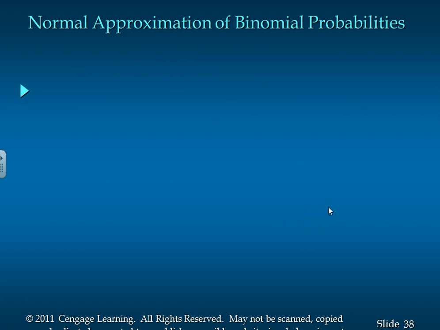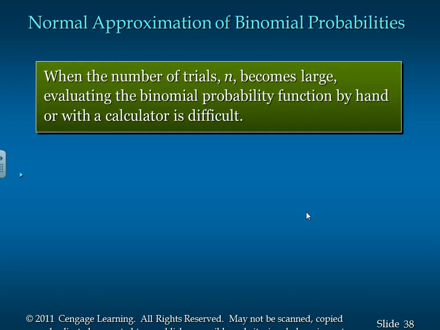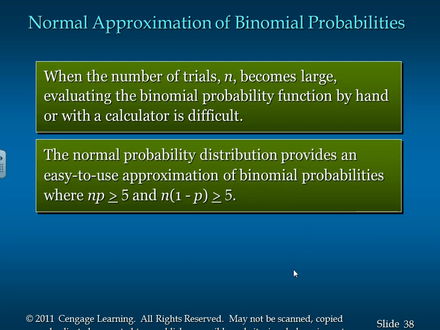Normal approximation of binomial probabilities. When the number of trials n becomes very large, evaluation of the binomial probability function is hard to calculate. It's a plus b raised to some number. So as I get more and more trials, that number gets very large and it gets out of hand trying to calculate. The normal probability distribution provides an easy-to-use way to approximate the binomial probabilities,